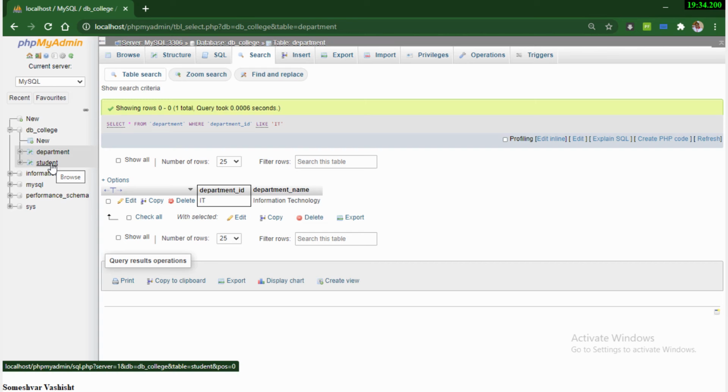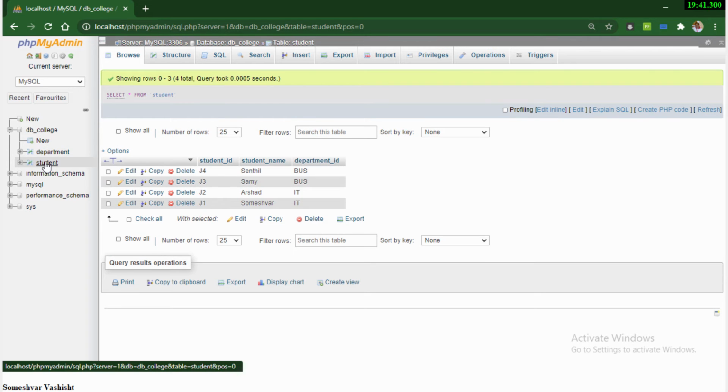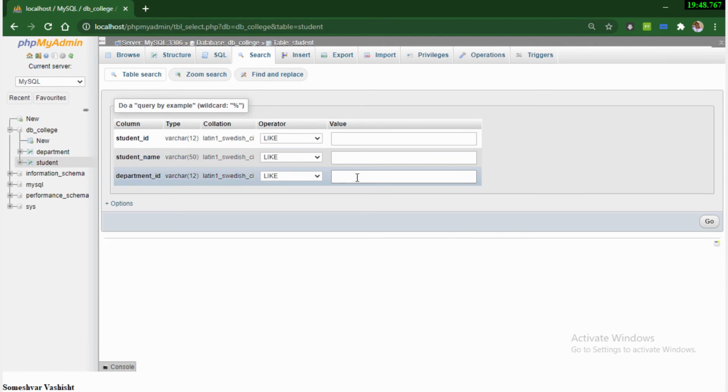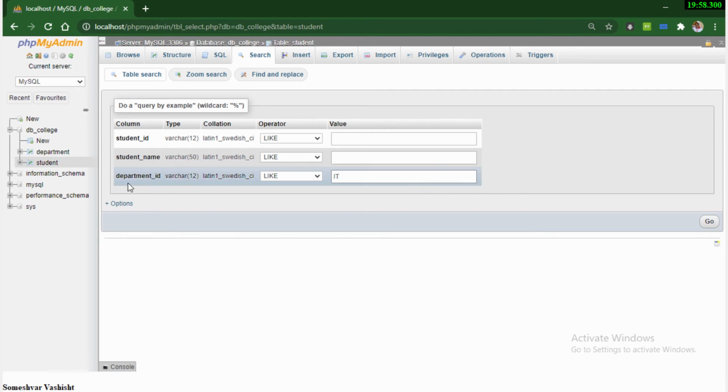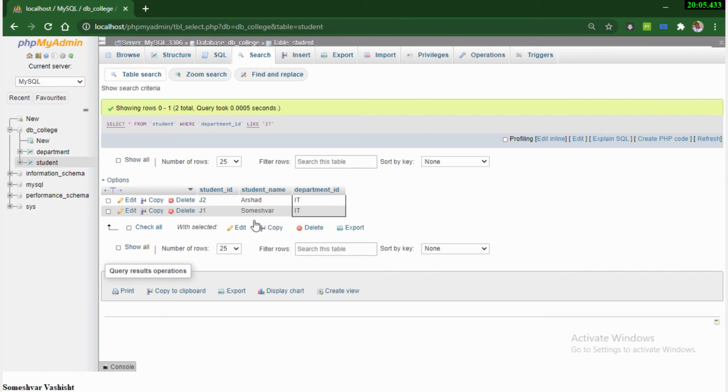So I want to show the students, right? I want to display the names of students whose department ID is IT. So I'd click on the search button, and here I will choose department ID as IT. So display all the data from the student table where department ID is like IT. If you click here, you know there are 2 students, Arshad and Someshwar, who are from department ID IT,